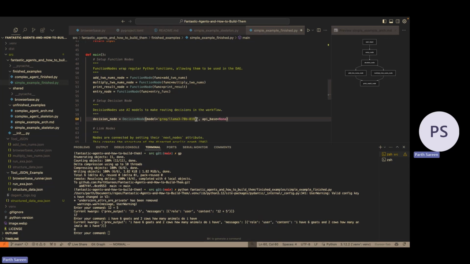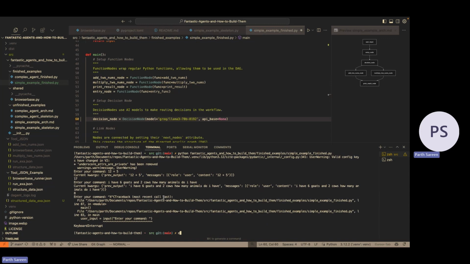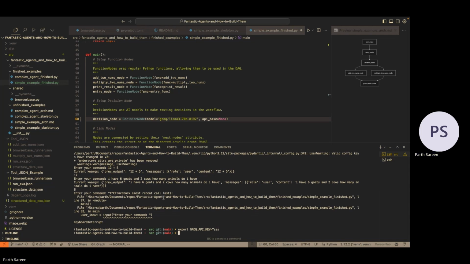Yeah, so you do need that API key exported onto your terminal or whatever environment you're using. So export GROK_API_KEY and then your API key should be going in there.